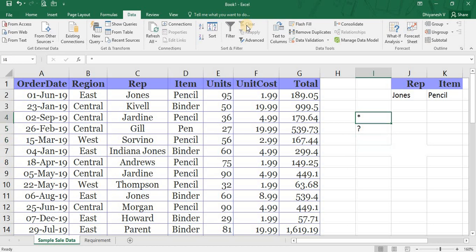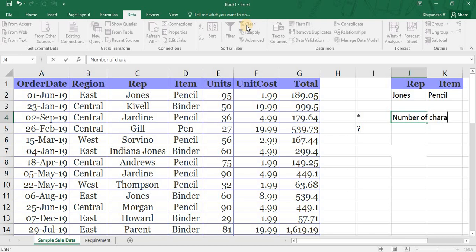A star mark represents any number of characters. It does not specify how many characters come before or after the specified word. A question mark represents a single character only. We will see this using our example.